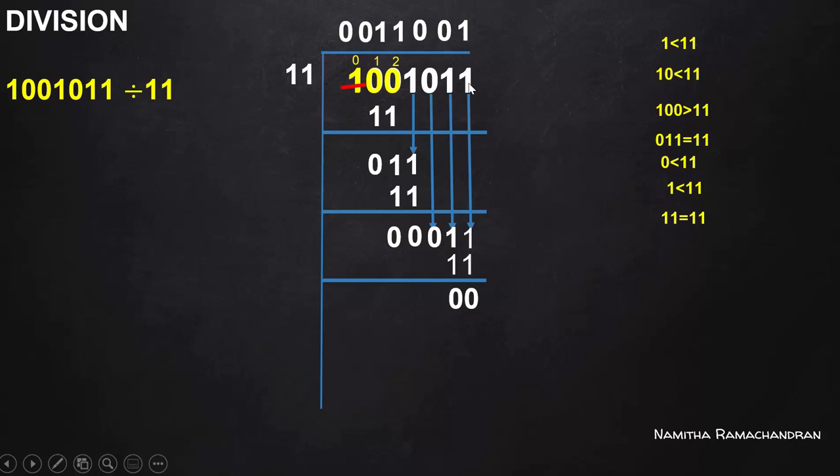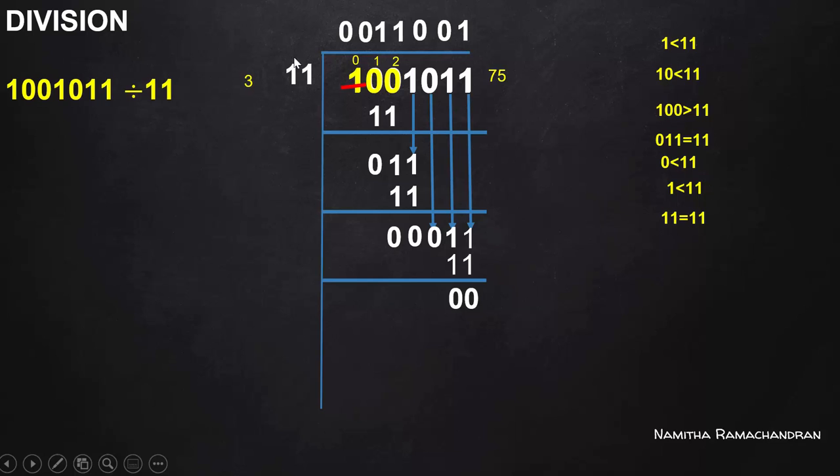So here it is. This 1 is at position 2 raised to 0. That is 1. And this is at 2 raised to 1. That is 2. This 2 raised to 2 is 0. And 2 raised to 3 is 1. So 1 into 2 raised to 3, 8. These two terms are 0. And finally 2 raised to 6, that is 64. So while adding, we get this number as 75, and this is